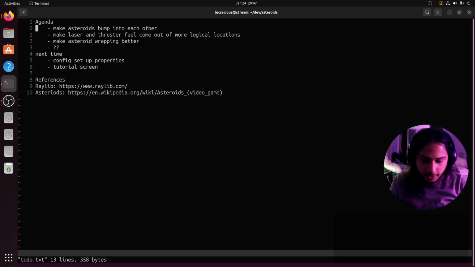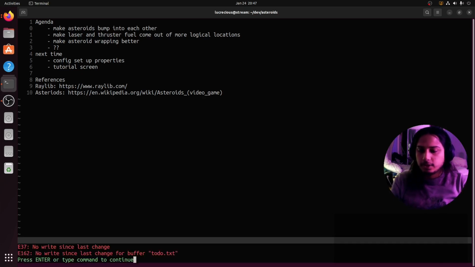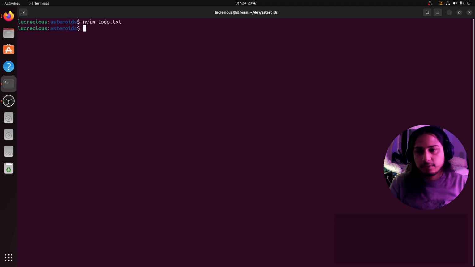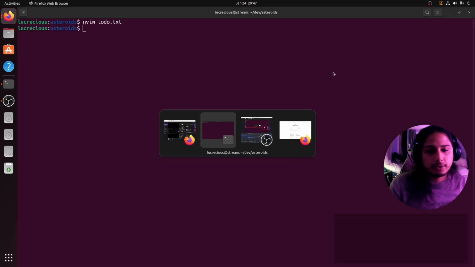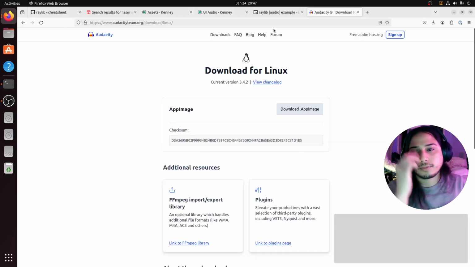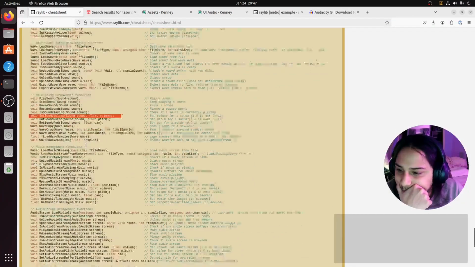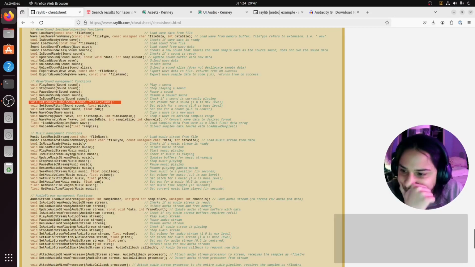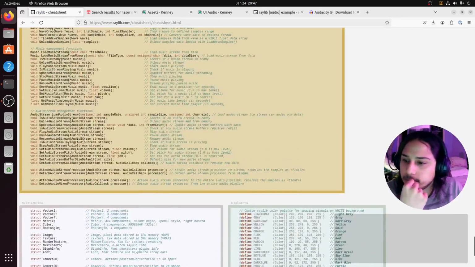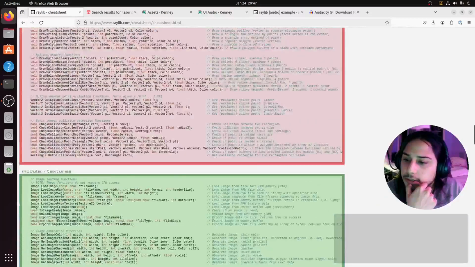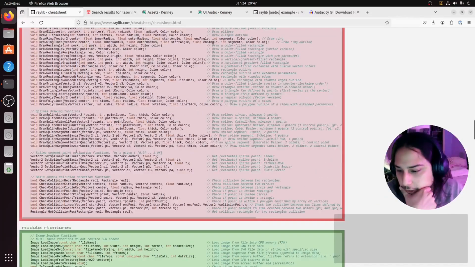All right, so let's see what options we have for doing that with Raylib. Let's see. So Raylib has these check collisions and